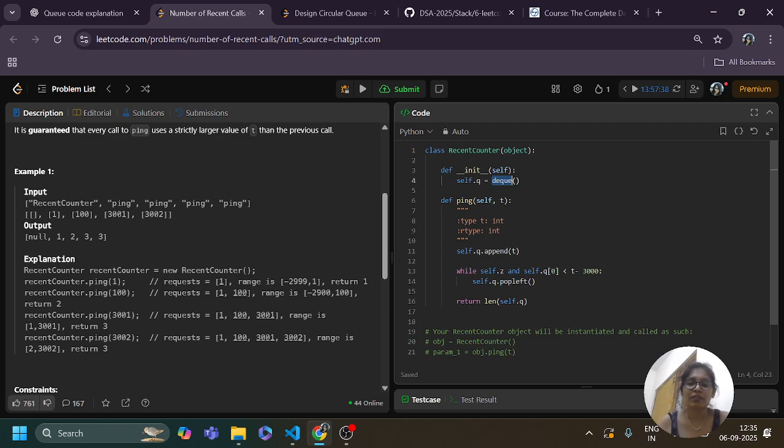from the start. And this is the ping method. Here the parameters are self and t, and here you can see self.q.append(t). Okay, so here I am going to append the time, and while